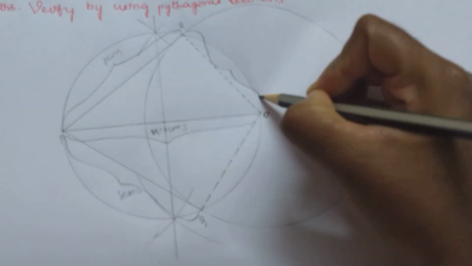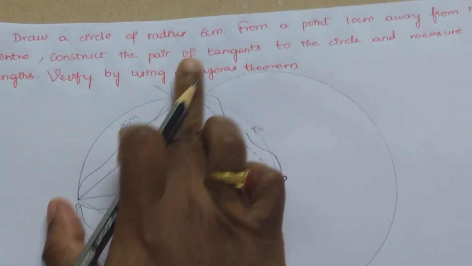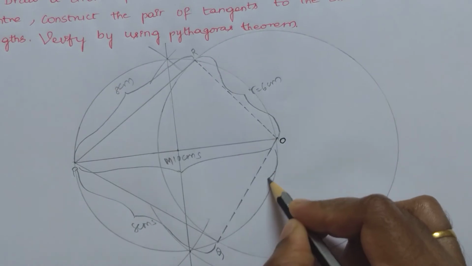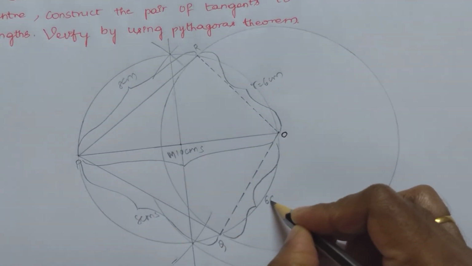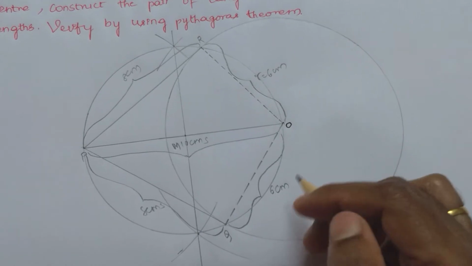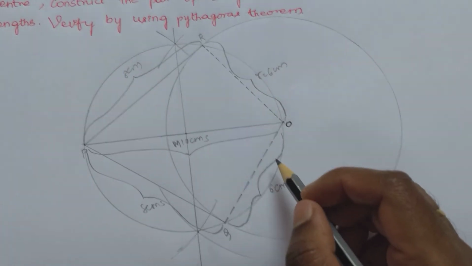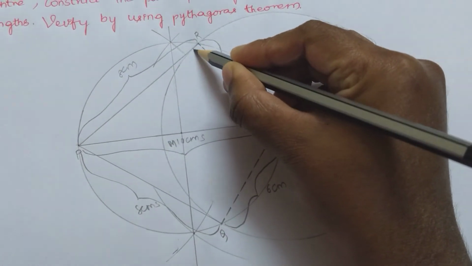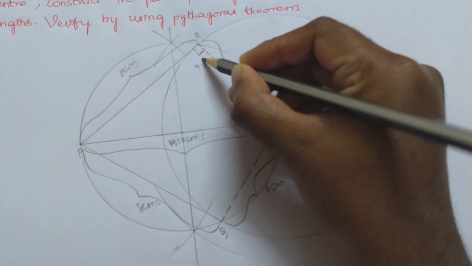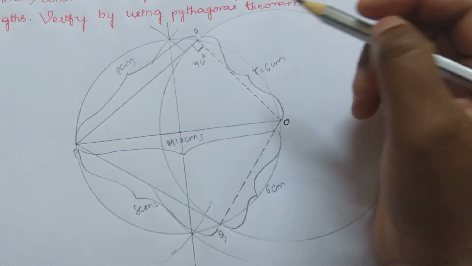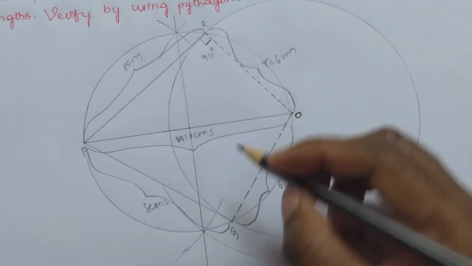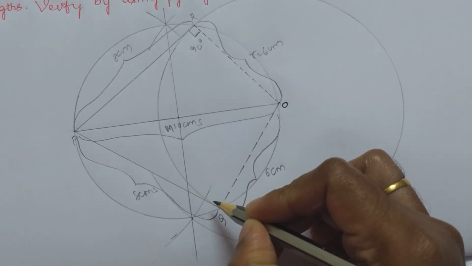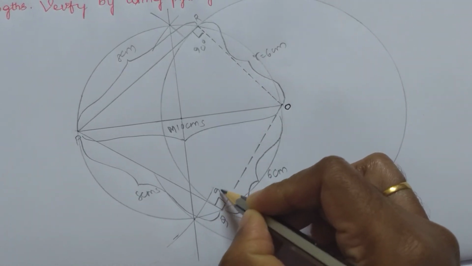So this is nothing but the radius. What is the radius of the first circle with center O? They have given it, see in the question, it is 6 centimeters. So this OR is 6 centimeters and in the same way this OQ is also 6 centimeters. Correct? So from theorem 9.1 we know that the radius is perpendicular to its tangent. It means that here at R, 90 degrees is formed. Since OR is the radius and PR is the tangent, the angle formed at R is 90 degrees. In the same way, OQ is perpendicular to its tangent PQ as per theorem 9.1. So the angle formed at Q is 90 degrees.